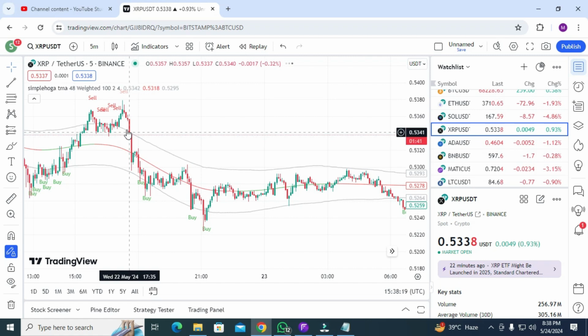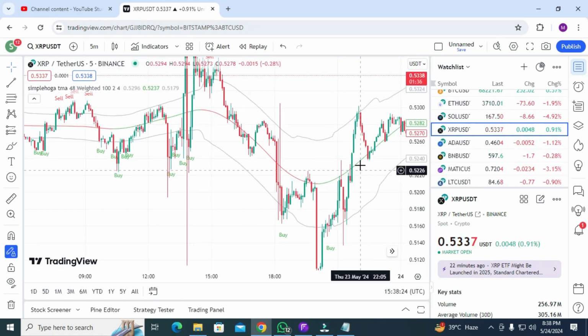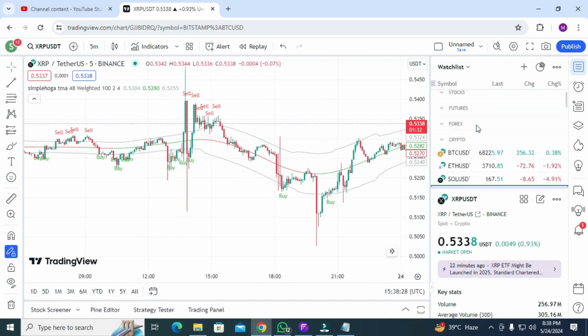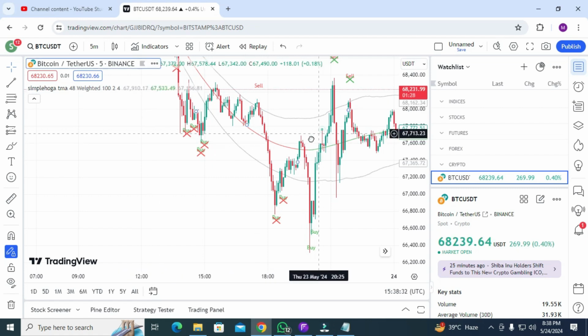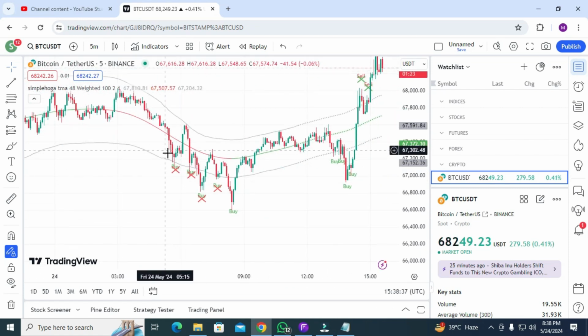So how can you get accurate results? I will add one more indicator and then show you how you can get accurate results in all pairs. But for BTC and Bank Nifty, only this indicator is enough for you, because it never gives you a false signal. Only when it gives you the cross signal, the cross buy signal,